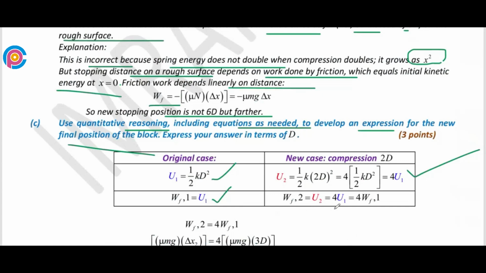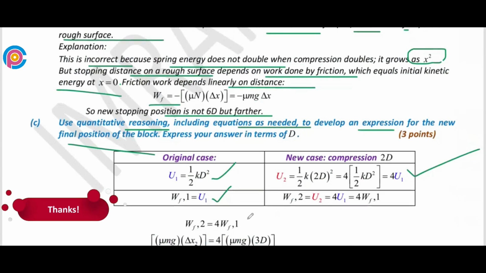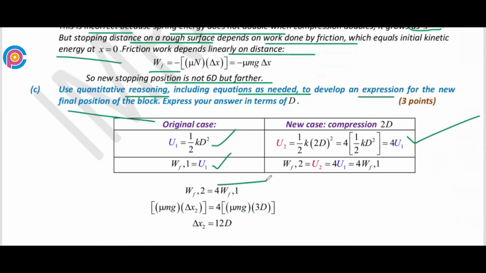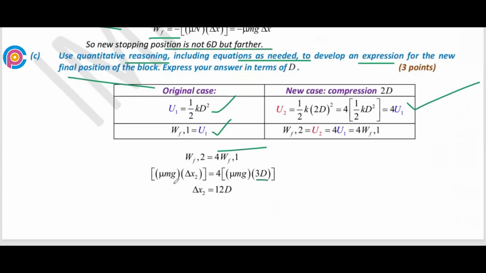Now U2 equals 4U1, so the new work done by friction is 4 times. We compare Δx2, the new position, with Δx1, which is equal to 3d in the initial case. Identical factors cancel. Then Δx is equal to 12d. That is the new distance